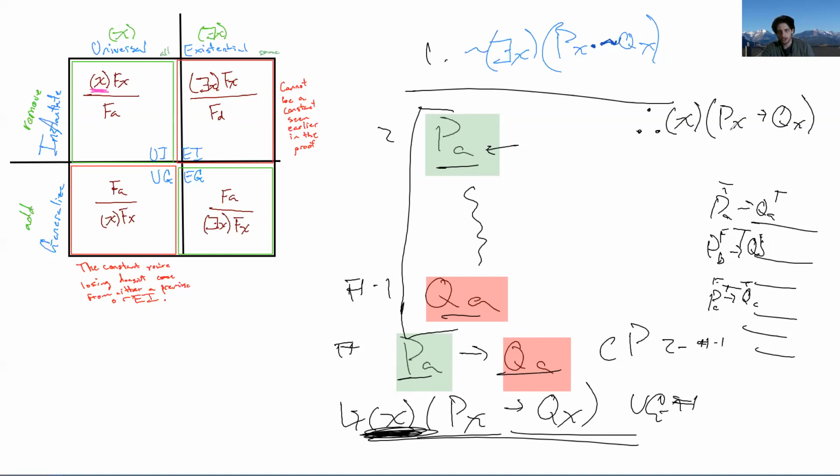Right? So I'm trying to show that for everybody out there, if you're a P, then you're a Q. So I'm just grabbing a generic name and showing, well, just take A. If he's a P, then he's going to be a Q. And so then I've shown that if A was a P, then A was a Q. And the idea is I could have just gone and done that for